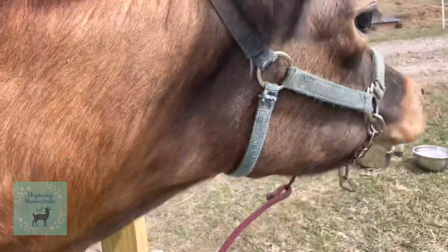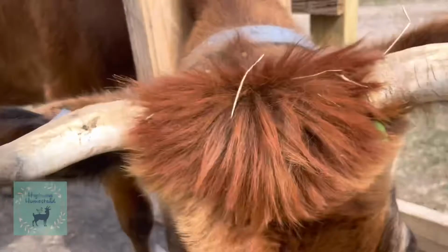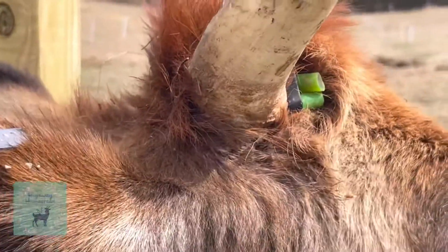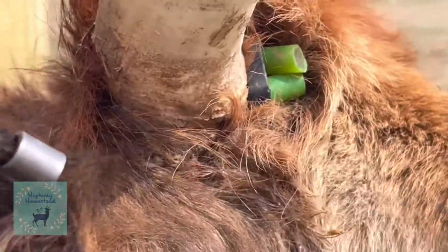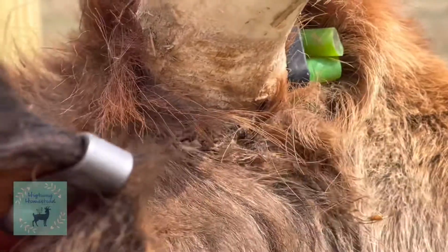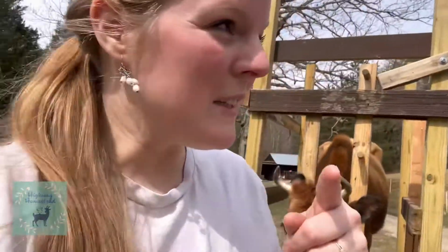Here's an update on Violet's horn removal. I know you don't want me to look at it. Don't be hateful though, look here. Right there, do you guys see how that's moving? It's actually like detached and it's black. It's really hard to see, but see that opening? Yeah, it's detaching for sure. So anyways, there's your daily yuck. Hope y'all want to see that